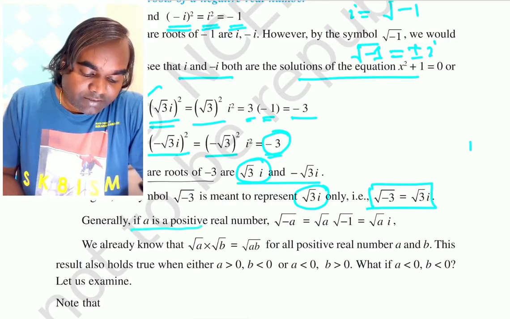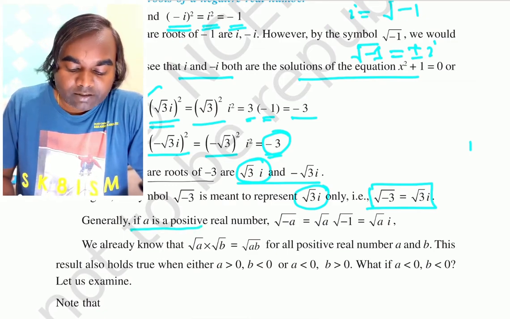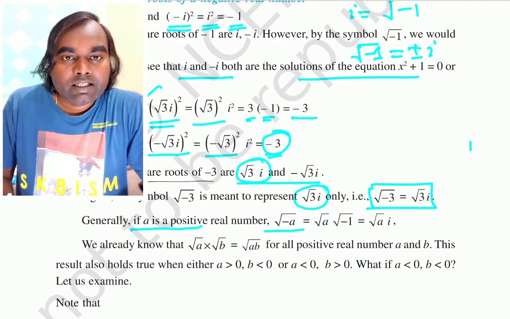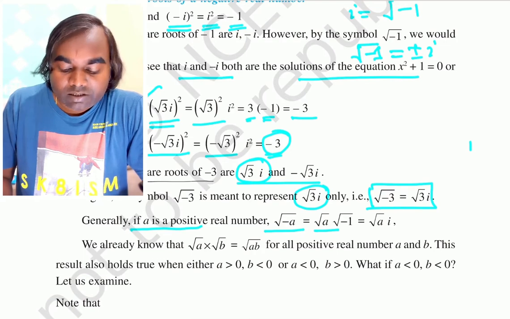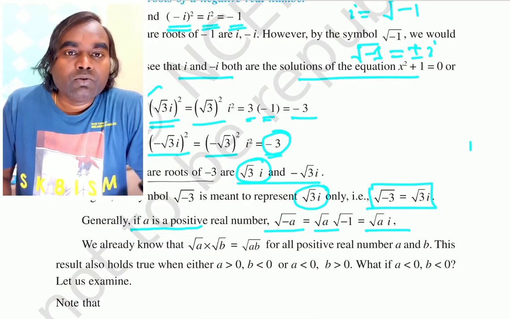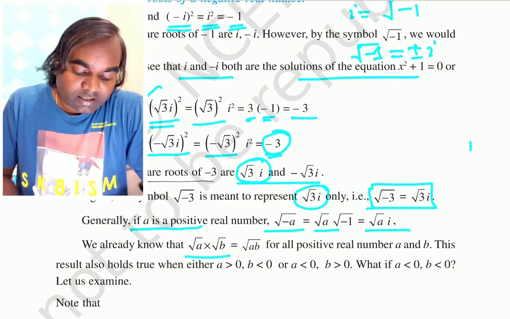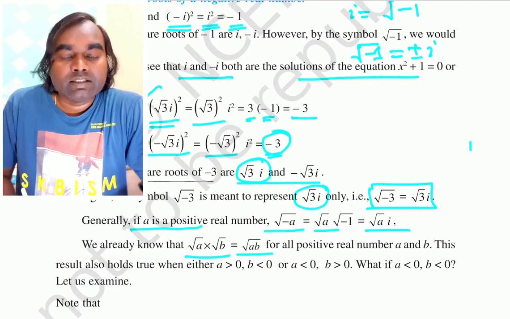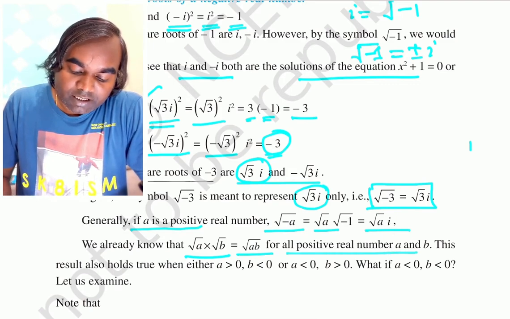Now generally if a is a positive real number, then we write square root of minus a is equal to square root a into square root of minus 1, that is equal to square root a times i. What about the product of the two square roots? We know that this can be written as this for all positive real numbers a and b,